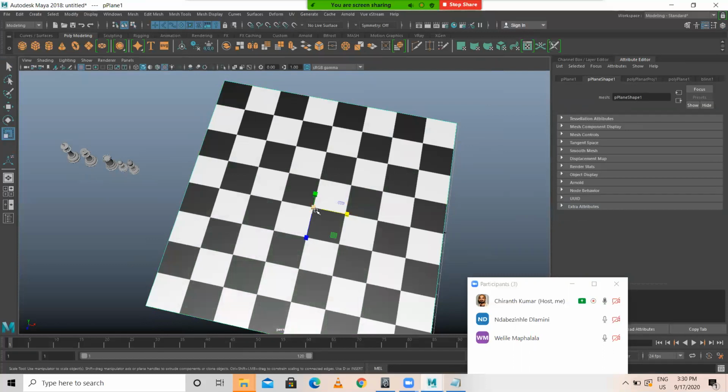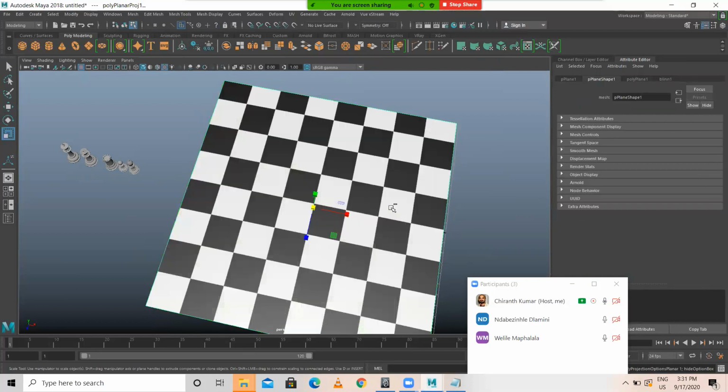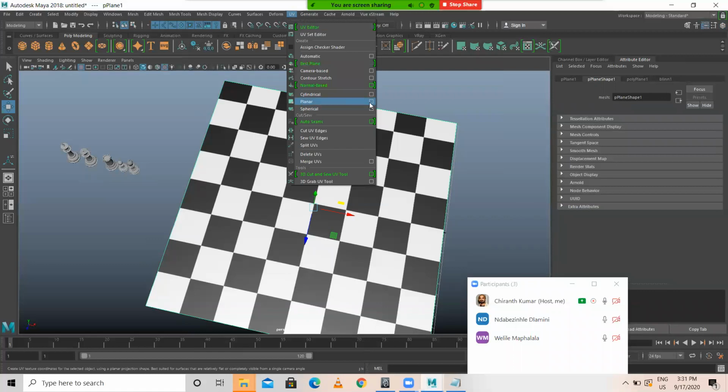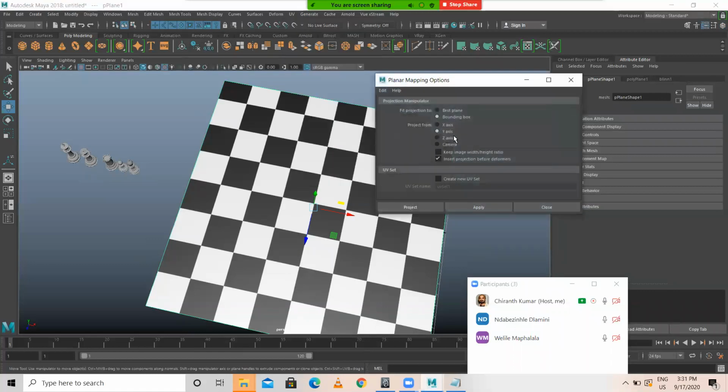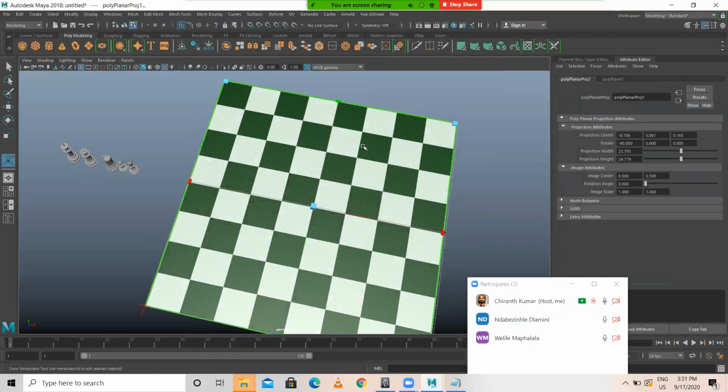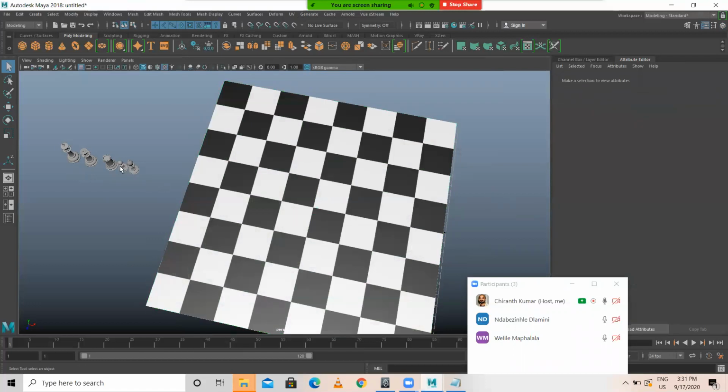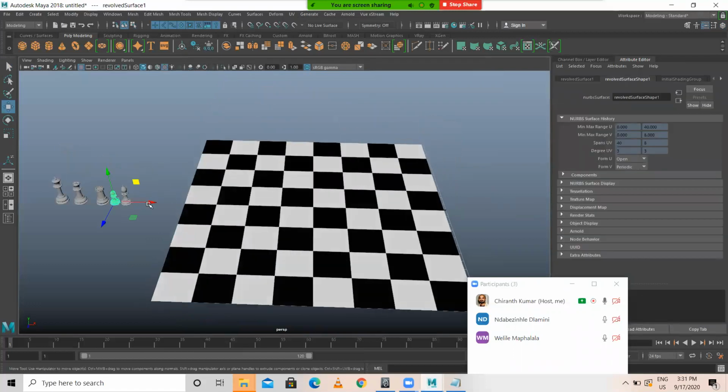So I did a mapping also. I'll show you how I did mapping. Okay, it was something like this. Select the plane. Select this. Go to UV, planar mapping, option box. Here y-axis, project. Okay. Now what I'll do, I'll select this pawn.